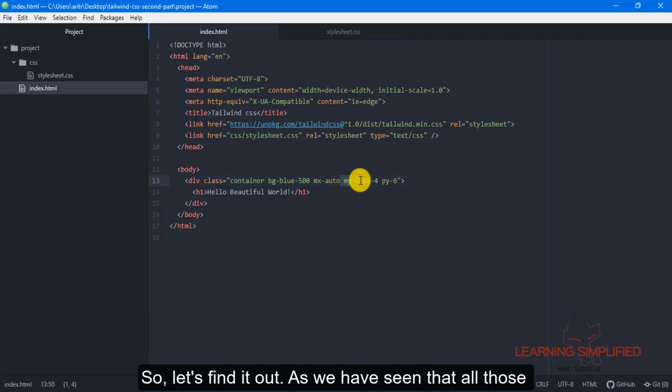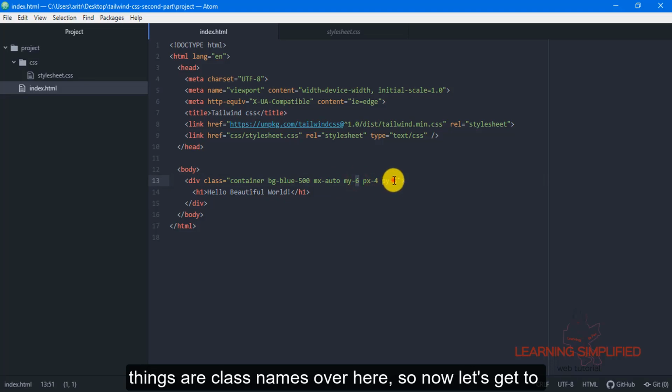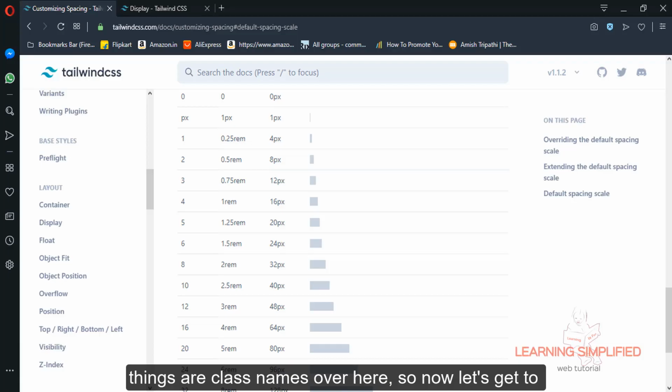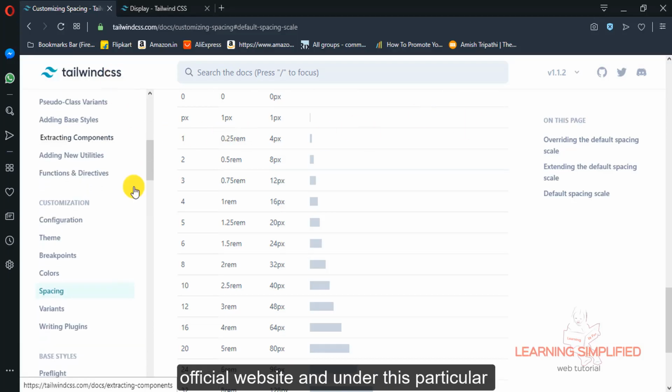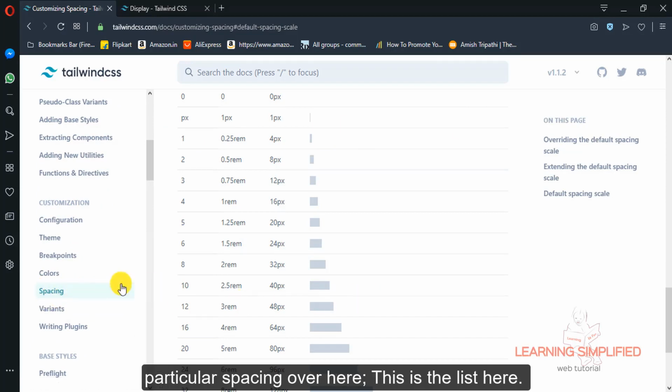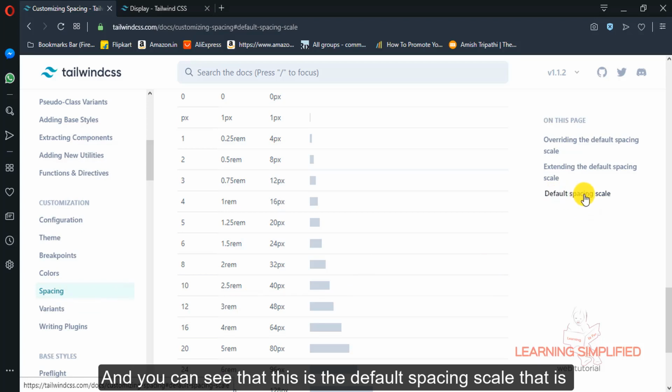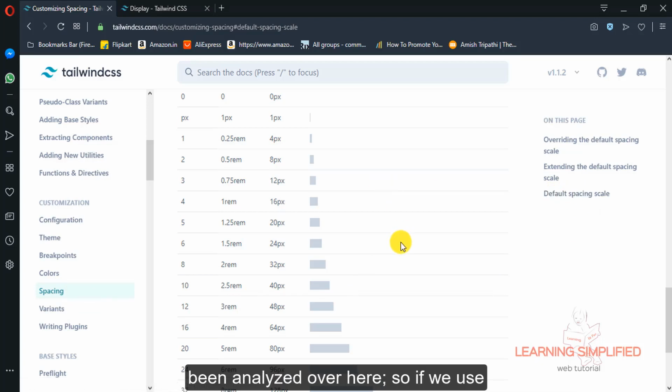As we have seen, all those things are class names over here. So now let's get to the official website, and under this customization tab, we will find this spacing over here. This is a list here, and you can see that this is the default spacing scale. So if we use 1, this is the class name.